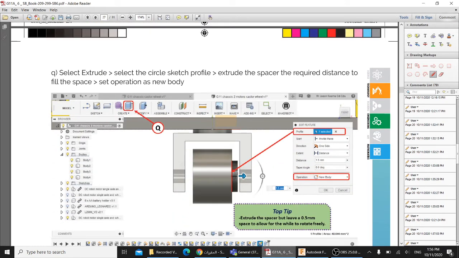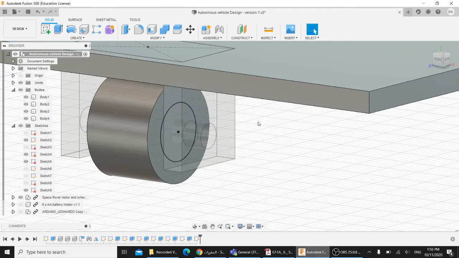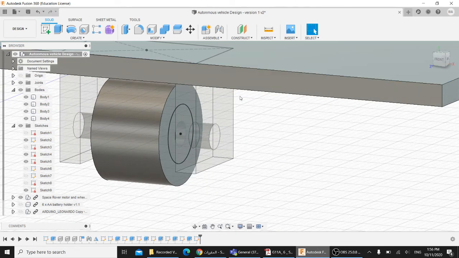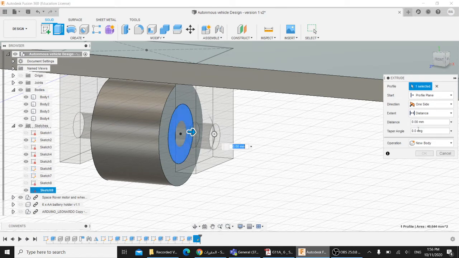He told me to bring this circle and extrude it with a distance of 1.5. This is what I'm doing. It's called the spacer. I will extrude it to this amount. This one will allow my wheel to rotate freely. So I will finish the sketch. I will look to my wheel, this one. I can move around to select it. Now I will press on extrude. I want to select this one. So he told me to make the distance 1.5,